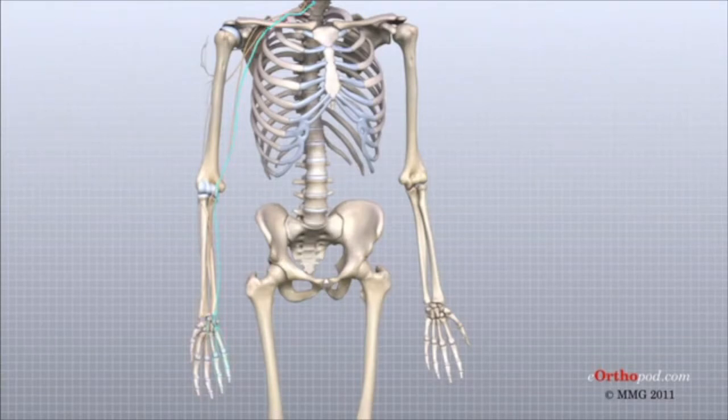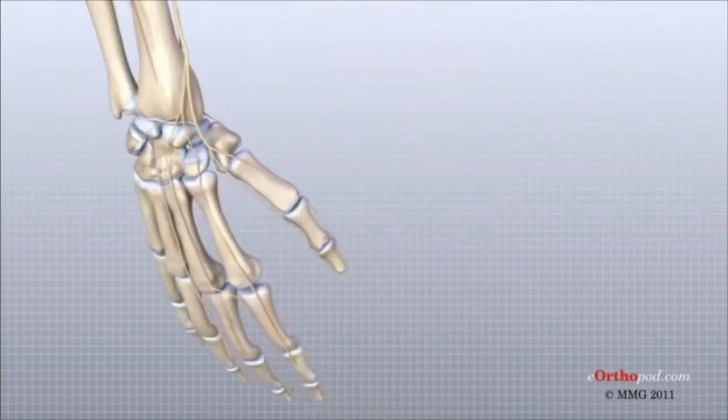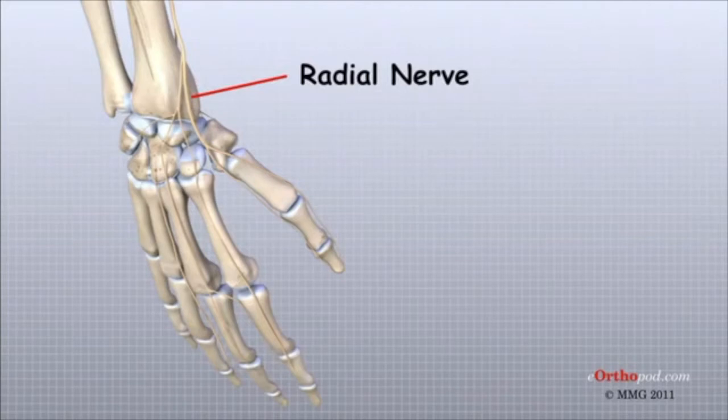The radial nerve runs along the thumb side edge of the forearm. It wraps around the end of the radius bone toward the back of the hand. It gives sensation to the back of the hand from the thumb to the third finger. It also supplies the back of the thumb and just beyond the main knuckle of the back surface of the